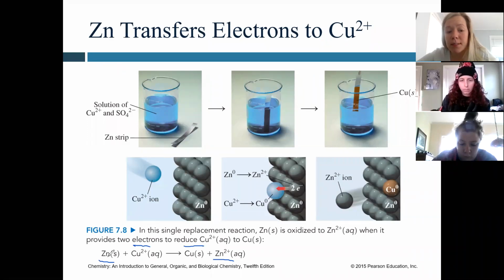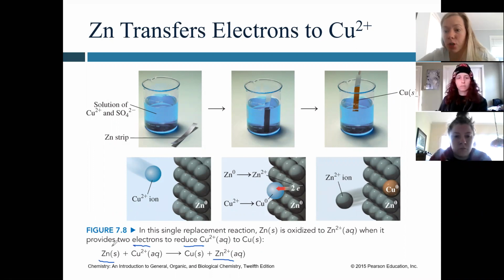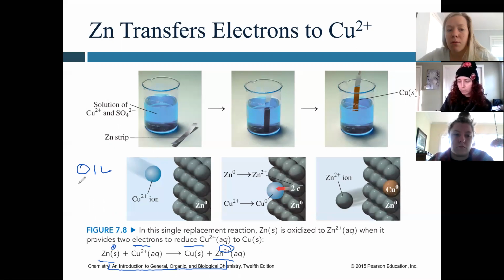Anytime zinc, or any element, is in elemental form like this, it has a zero charge. If we go over here to a 2+ charge, what did it have to do to have a 2+ charge? It had to give up 2 electrons. So it said bye-bye to 2 electrons. OIL RIG: oxidation is loss. So the zinc is being oxidized here